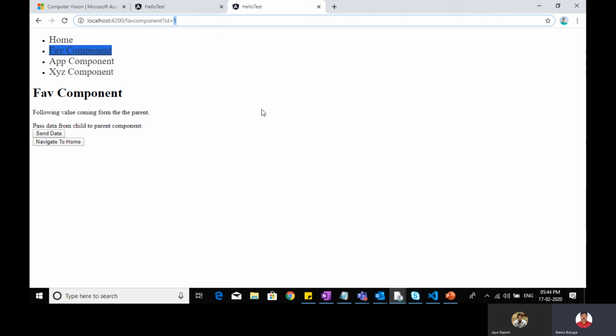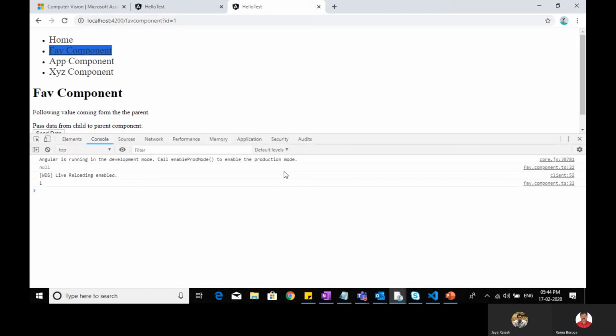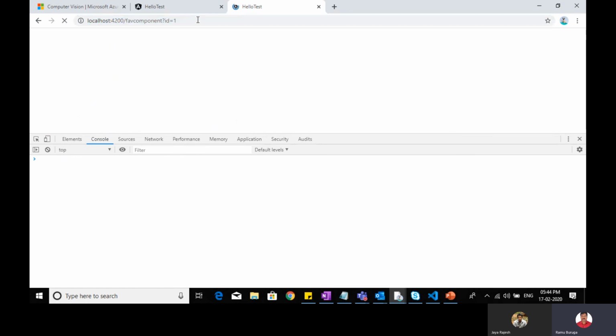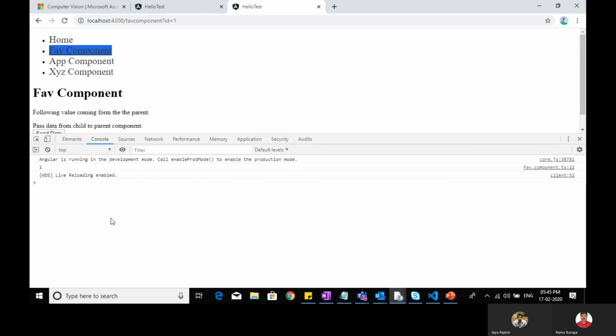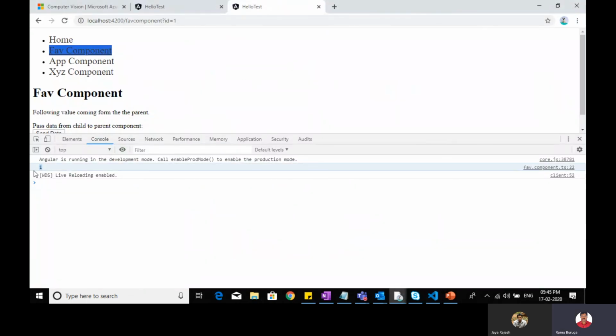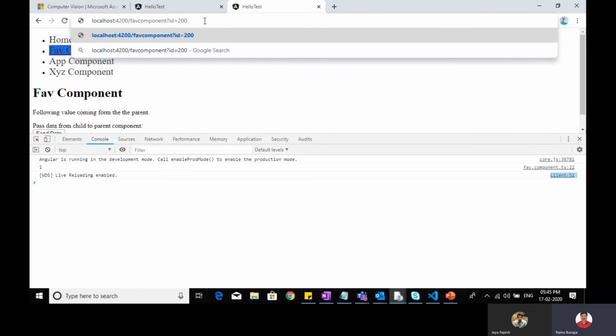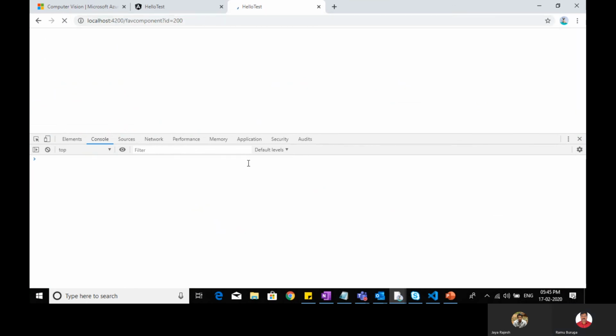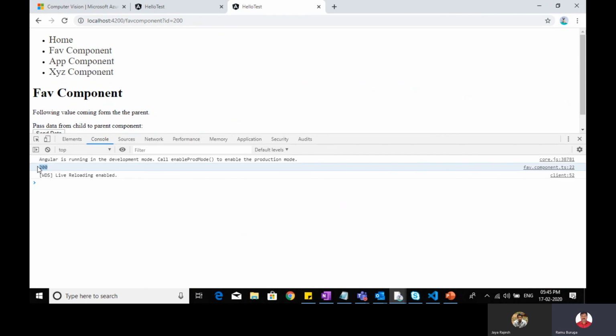If I go here and clear this, and type the URL, the ID value I noted down is one, right? One is showing. If I type 200, it is showing 200.